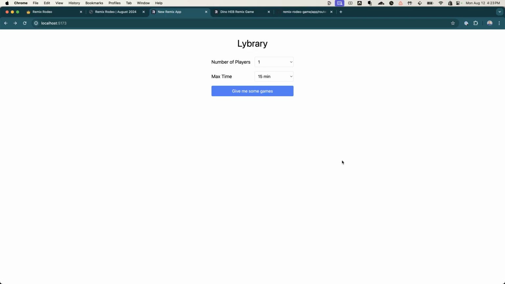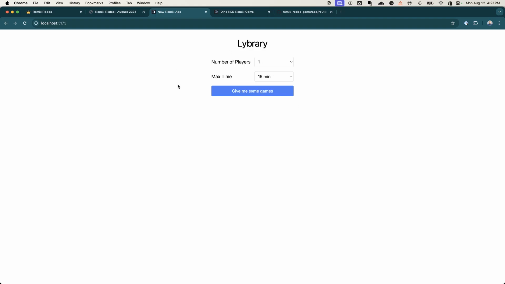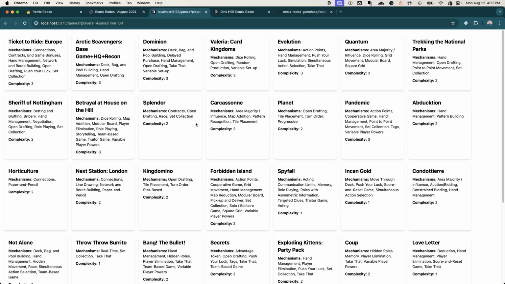So I wanted to go through a couple of the things that people had built. For my project, I actually kind of cheated and didn't build a game, but I built something that I personally have been wanting to start working on for a while now. I have over 50 board games at home, which is way too many. I run into this problem where I want to suggest a game to my friends when they come over. For instance, say it's me, my wife, and 2 other friends, and we want to play a game, and we don't want it to take more than an hour. I just want to be able to easily search for what games are even possible. So now I can see the myriad of games that work for that criteria. So I cheated. That's not really the prompt. I didn't actually make a game, but that was what I made.